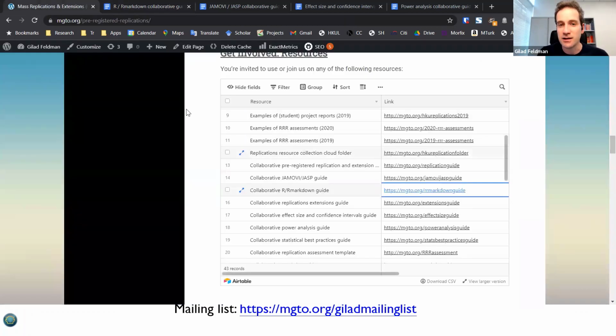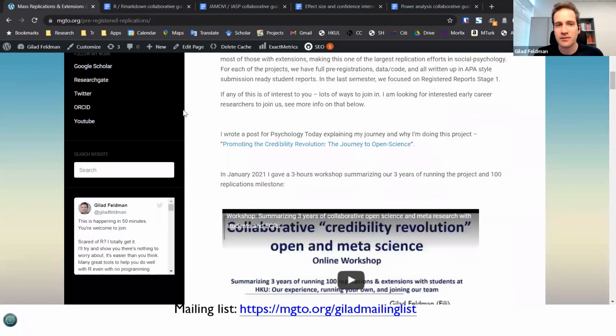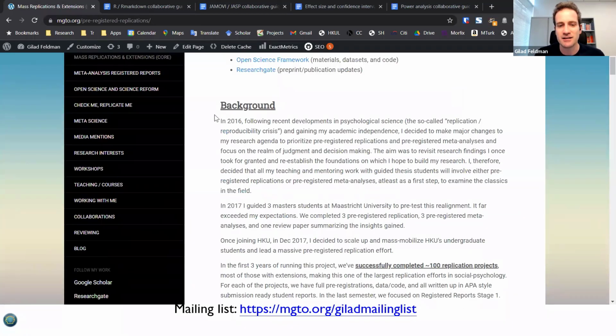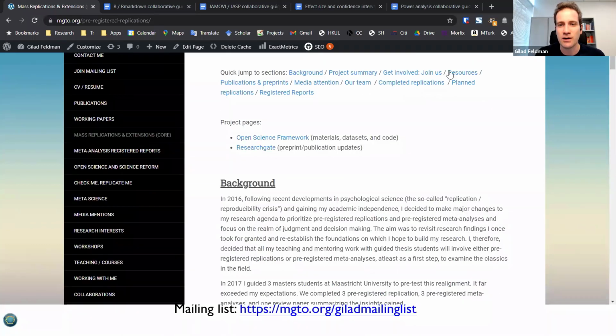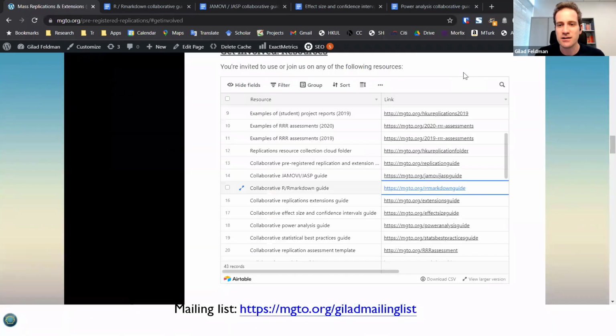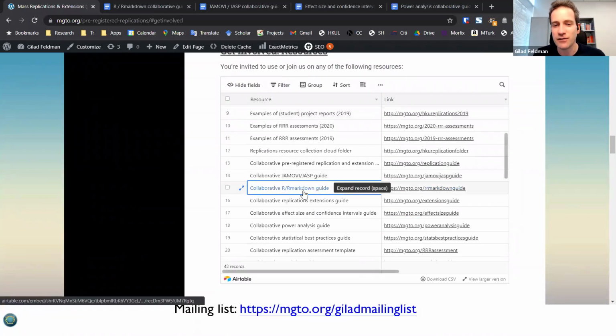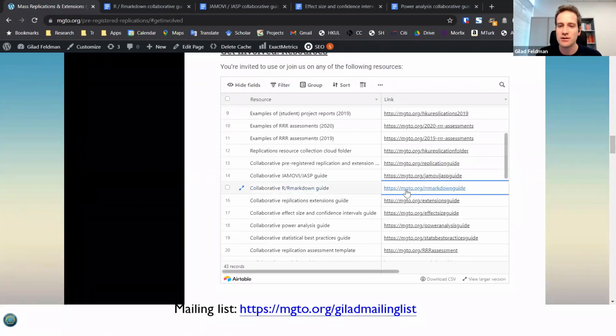So to get to these, I just recommend you go on my website, you go to Mass Replications and Extensions, and then you just go, there's one button here that says Resources. When you get to the resources, one of those is the collaborative R Markdown guide, and it's mgto.org RRMarkdown guide. So even if you can't follow or catch the exact link, everything is on my website. So just know how to find these in order to